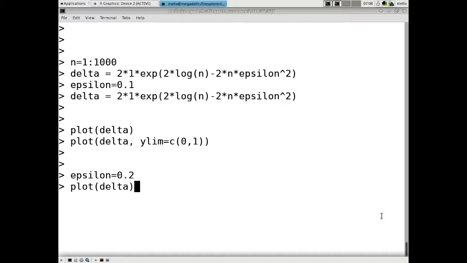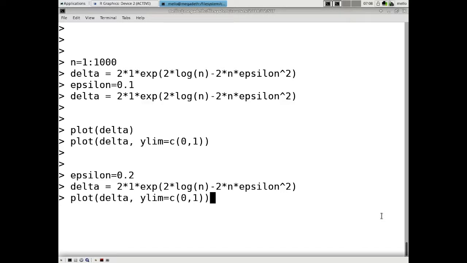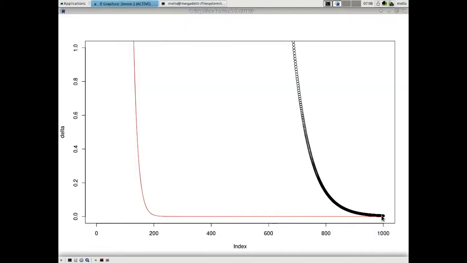I compute again, and plot this using lines now, which I think is better. If I use lines in red, I will see that it needs fewer examples because I accept a greater divergence, a greater difference between risks.